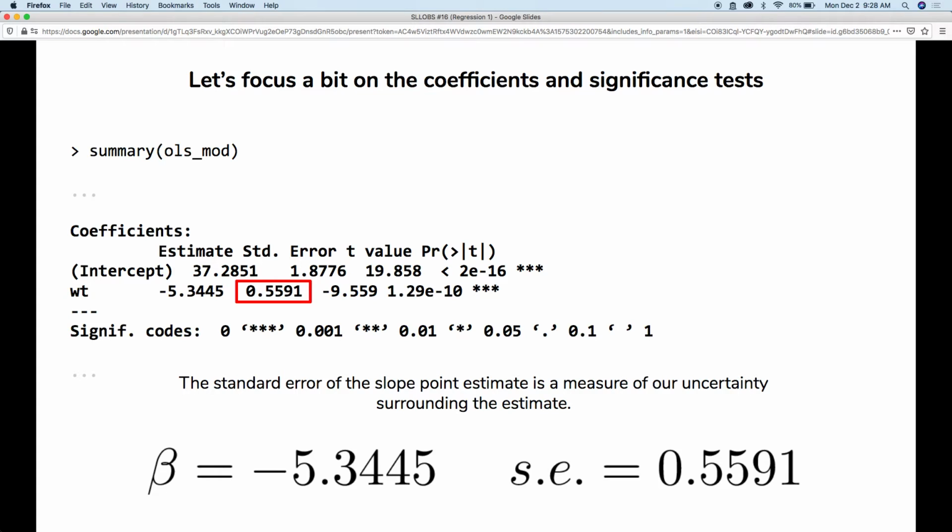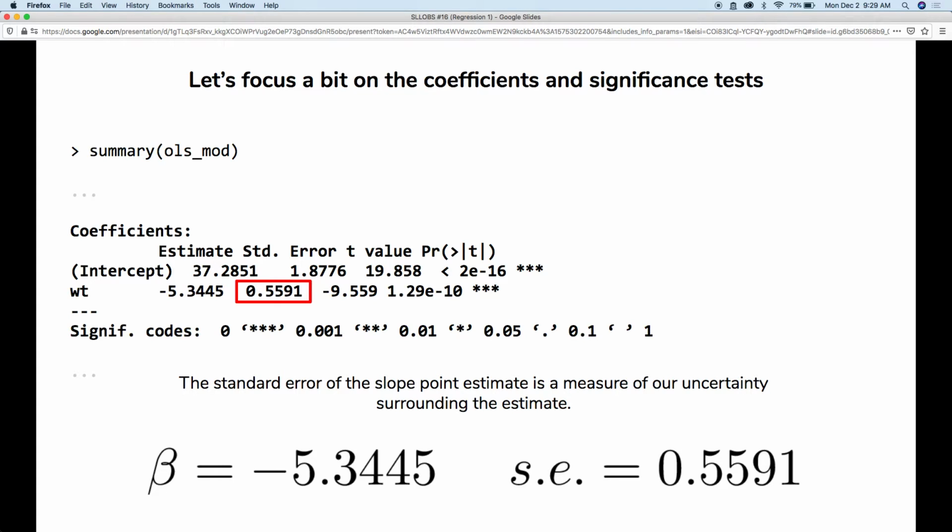And essentially, the standard error of your slope estimate is, in a sense, a measurement of the uncertainty of that slope estimate. You can imagine that, as Aaron talked about with t-tests, if you were to take 1,000 samples of 32 XY points of wild type weight and miles per gallon measurements from the same population, and calculated the standard deviation, that would be equivalent to basically the standard error of your slope measurement here. But without getting into details, basically the standard error here just represents your uncertainty surrounding your point estimate